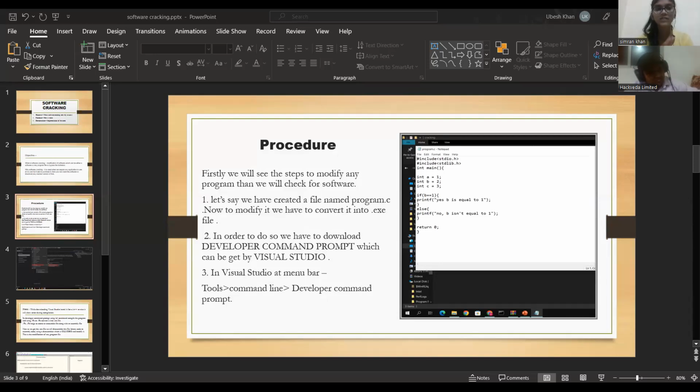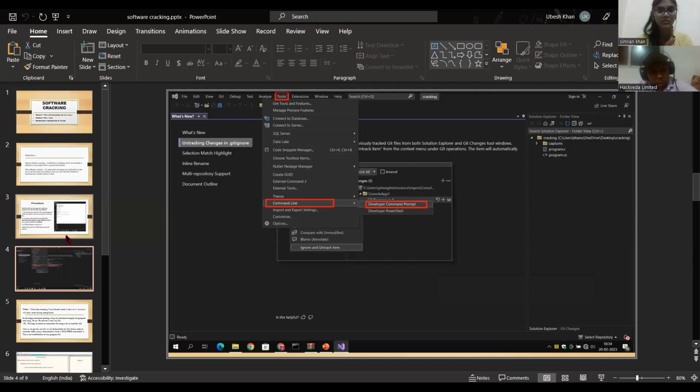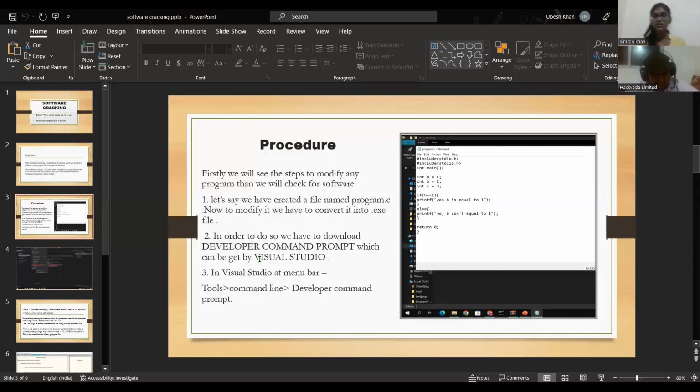So to check whether we have saved our file successfully or not, you can just click here and check. So here we have got our program1.c file. So we have completed our first step, that we have created our program, and now we will move on to the next step.